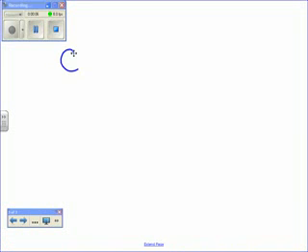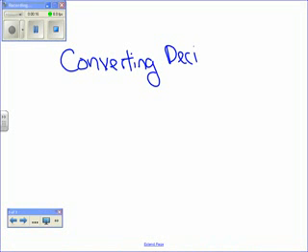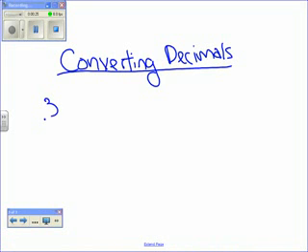Right, in this podcast, we are going to learn how to convert decimals into fractions and percents. So in your notes, write "Converting Decimals" at the top. And our first example is going to be